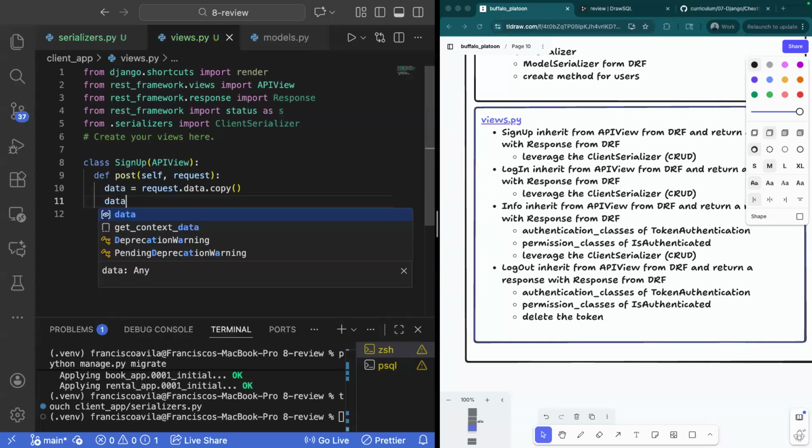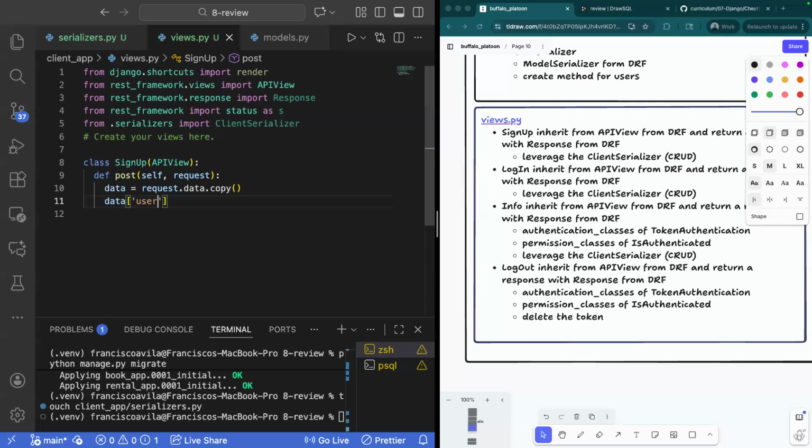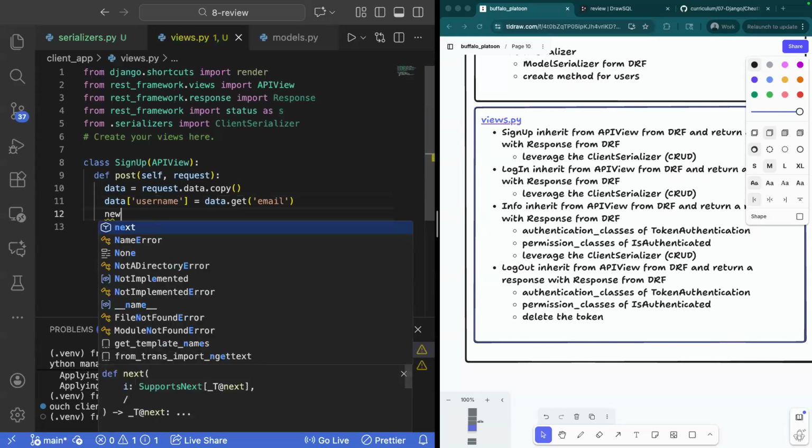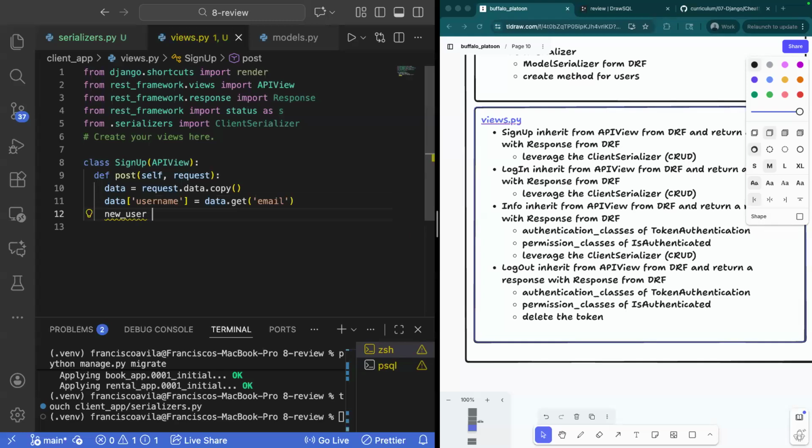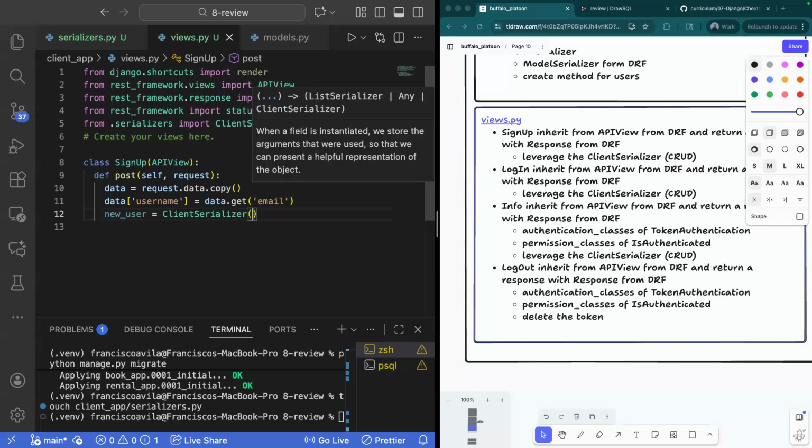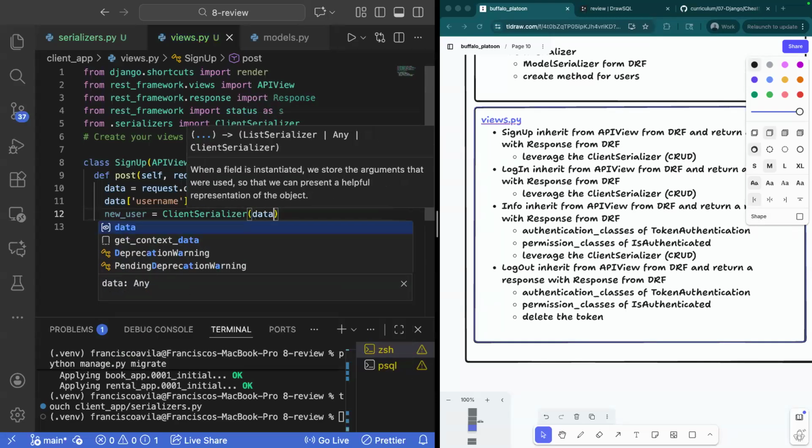From there, I'm going to manipulate the data to have a username field, which is going to be set to data.get email. So the email will be in there twice, once under the email key and once under the username key. Finally, I can go into the process of utilizing my serializer. So new user could be equal to client serializer, where my client serializer will take in data